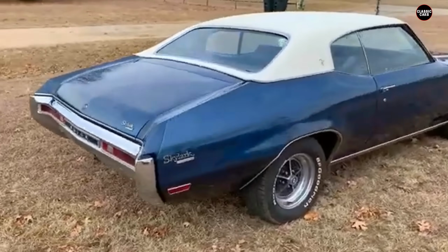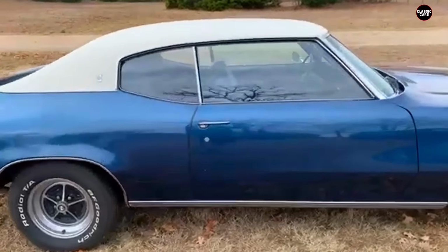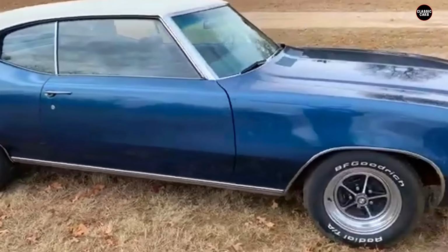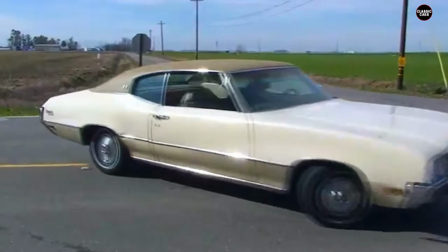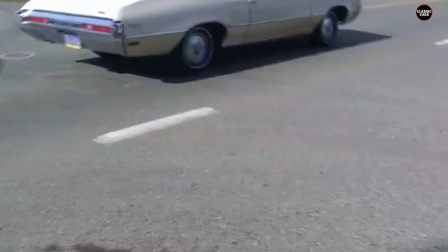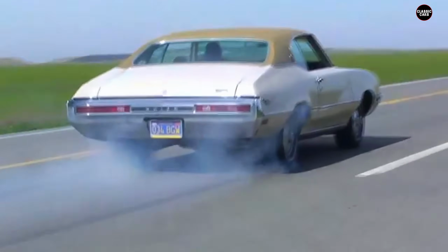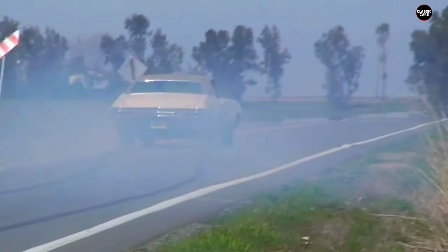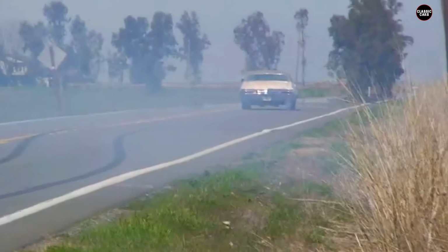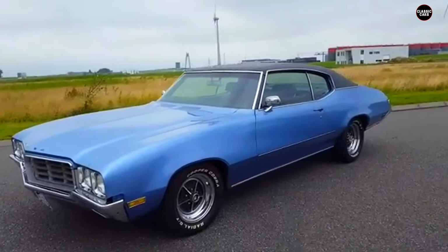When it came to design, the 1970 Skylark was a product of its era, embodying the "larger is better" philosophy that dominated American automotive manufacturing at the time. With its imposing dimensions, the Skylark was a heavy car, which made it feel less nimble on the road. The substantial weight contributed to a sense of solidity, but it also resulted in sluggish handling characteristics that disappointed many drivers. Turning corners felt cumbersome, and the car lacked the responsiveness that many competitors offered. In a market where buyers were beginning to appreciate smaller, more agile vehicles, the Skylark's heft became a liability rather